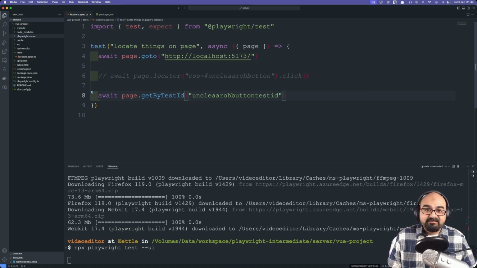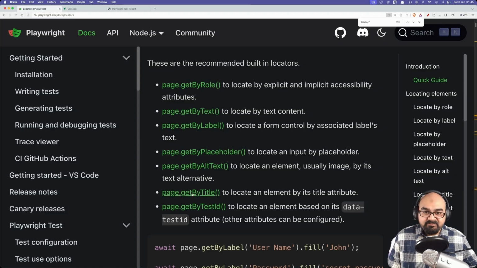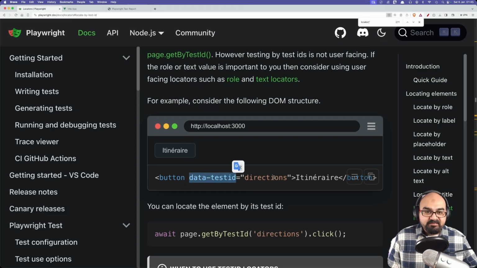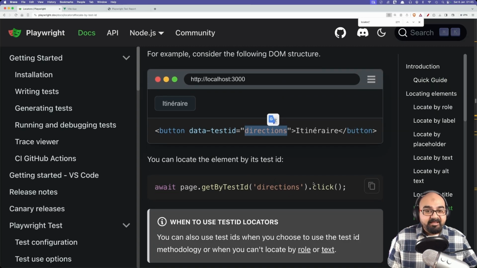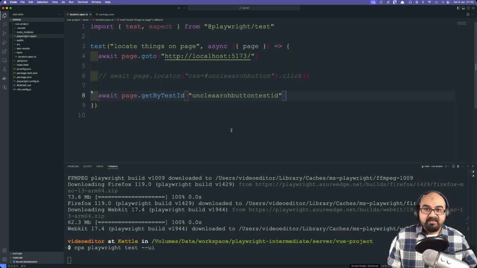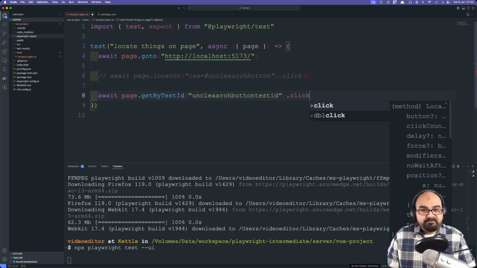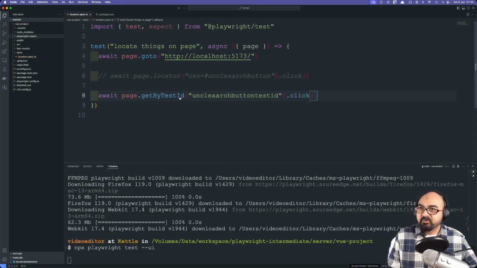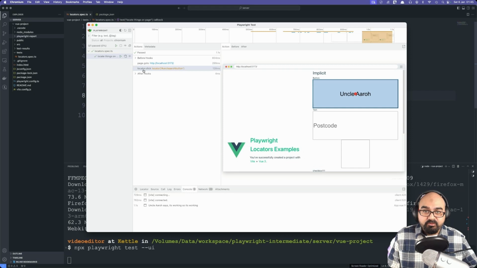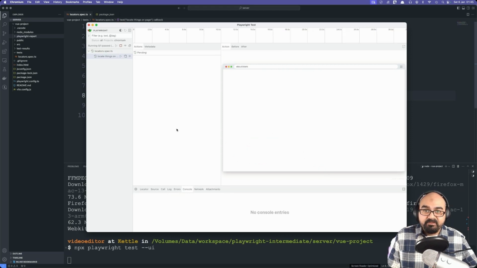So I'm gonna get by test ID like that. As you can see in the documentation, if you specify data-test-id, you can use that as a test ID. And then again, after the dot, you perform an action. So I'm going to perform an action after the dot. So dot click. Now if I go back to the UI and I look, previously it was locator hash Uncle Aaroh button. Now it is, if I run it again,